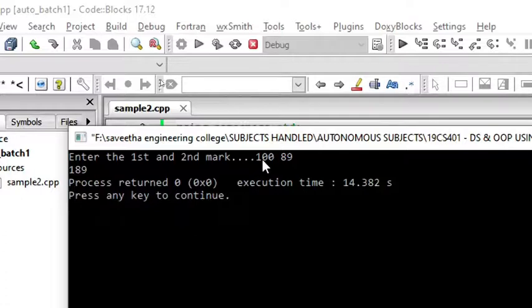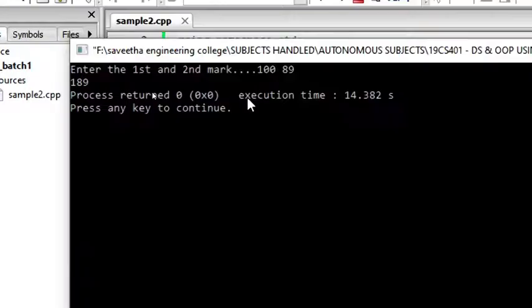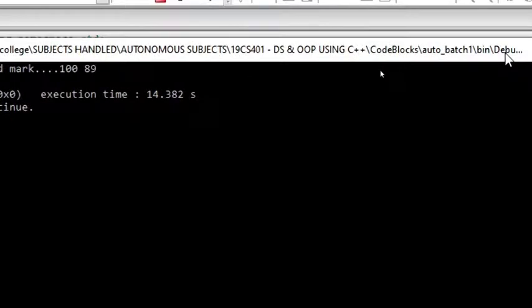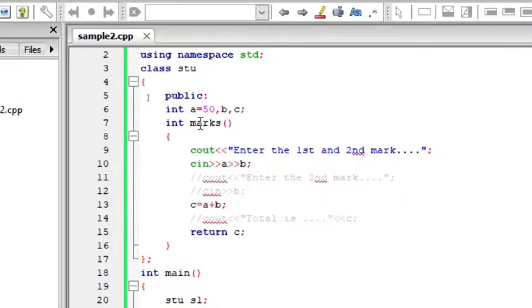Instead of the default value, it is taking this 100. It is not taking this 50 here. Alright, so 100 plus 89 is giving 189. So if I am giving a default value and the end user value is also given, it's going to consider only the end user value, not the default value.